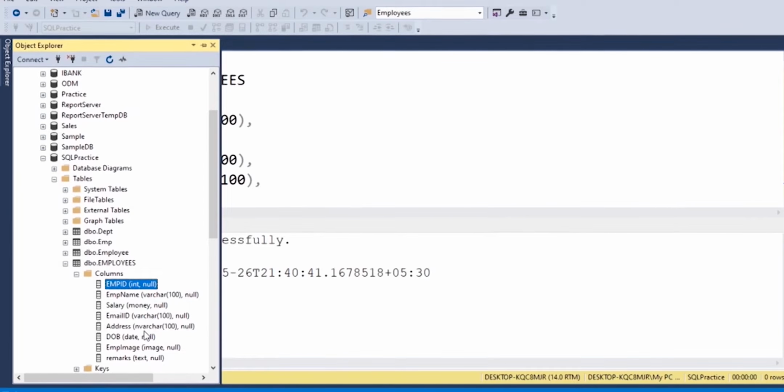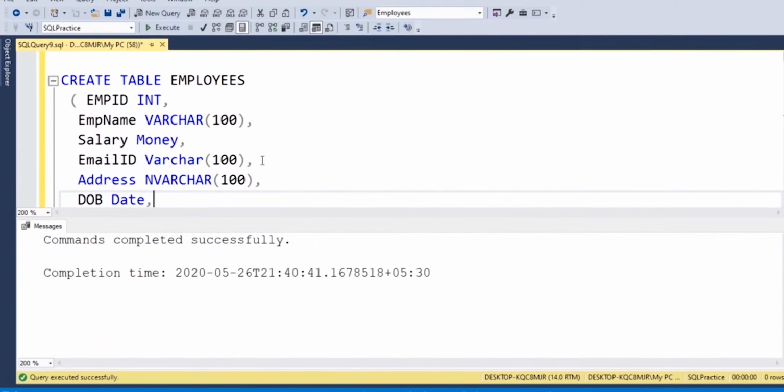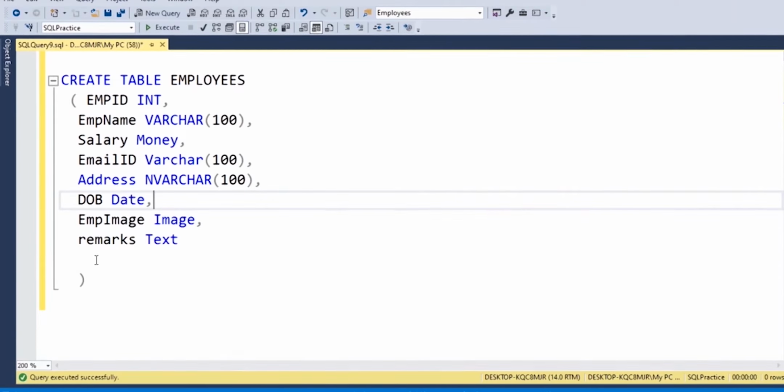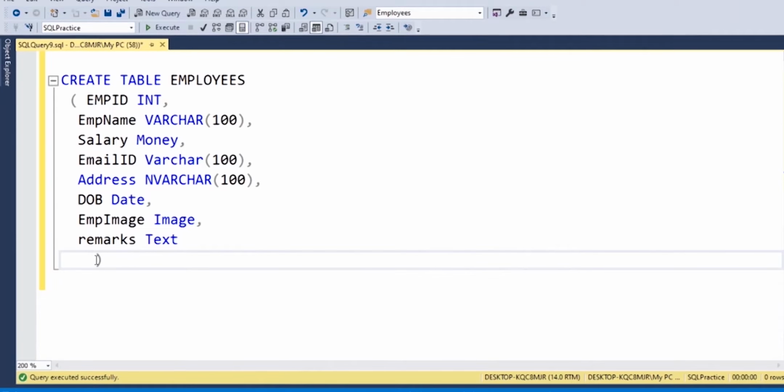Address, it will allow all language supported column. Date of birth, it will allow only date formatted data. And image, it accepts only image formatted data. And remarks, it's nothing but text formatted data. So based on this data type, we can represent the data into a particular column, information as rows. So you can do more practice to get an idea about the data types.